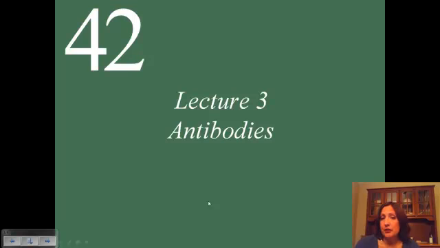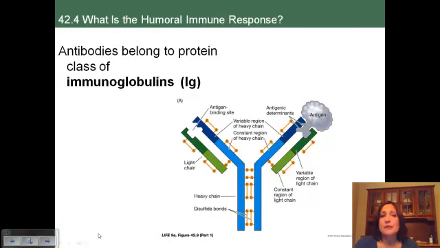This is lecture 3 on the immune system, our last lecture on chapter 42, and we're going to study antibodies. So antibodies all belong to a class of proteins called immunoglobulins, and we abbreviate those as capital I lowercase g. And so this is an example of an antibody. They consist of two types of chains, the heavy chains, these are the heavy chains, and